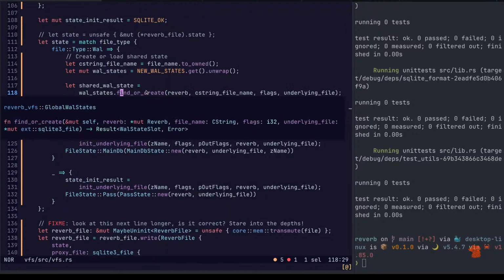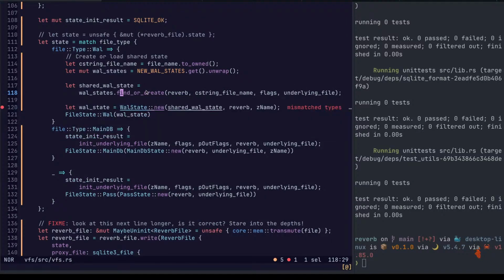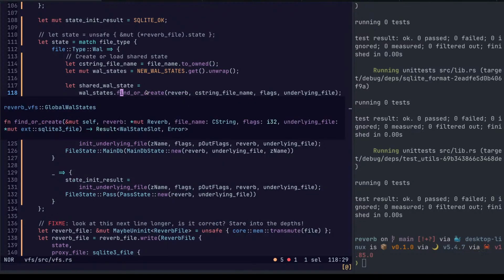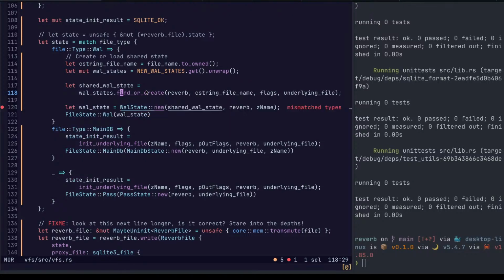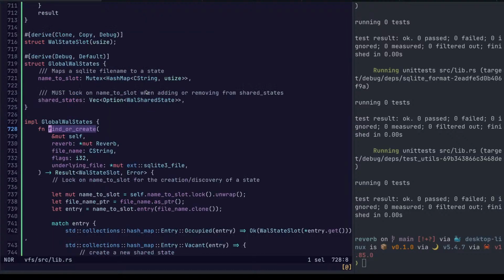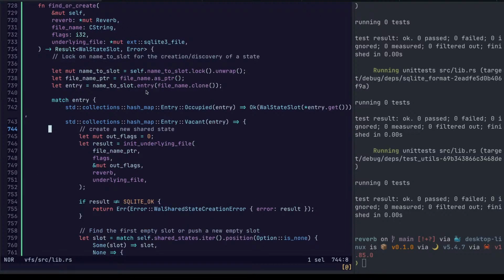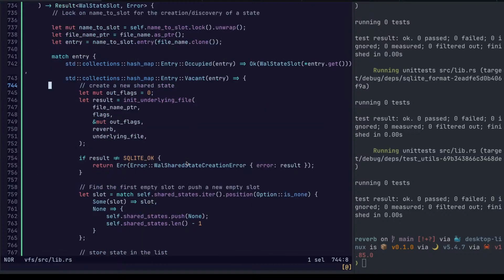So here, let's rename this. Underlying file init error.